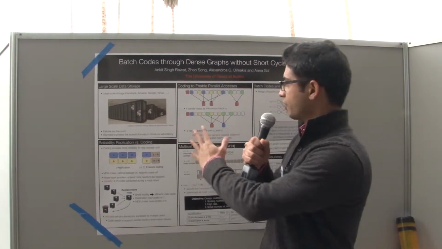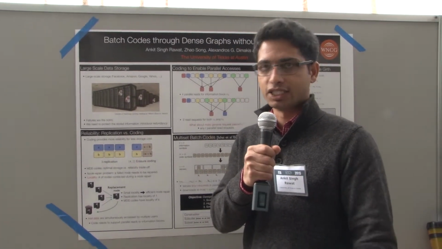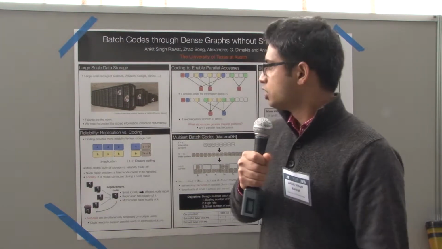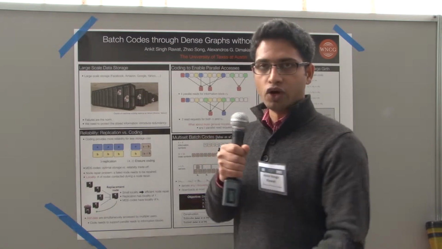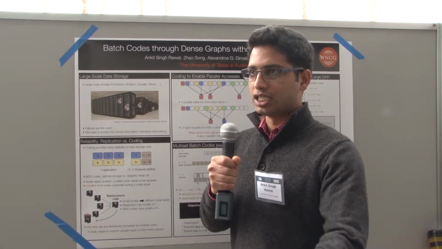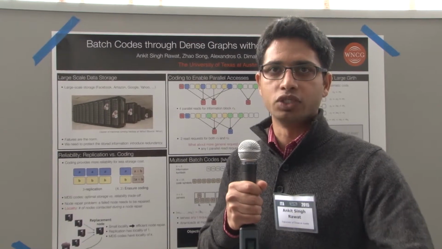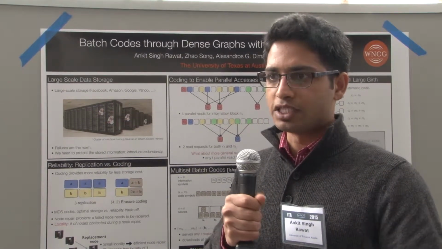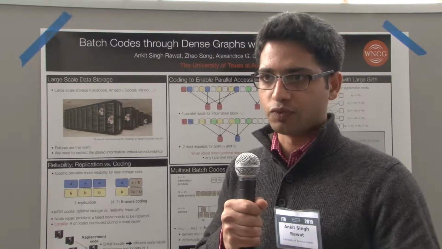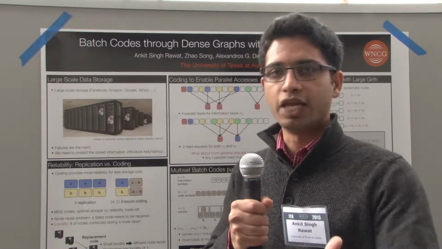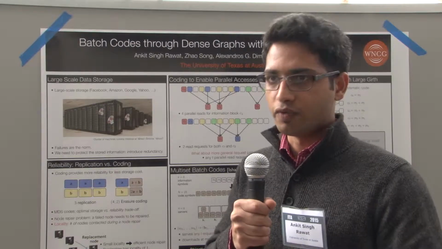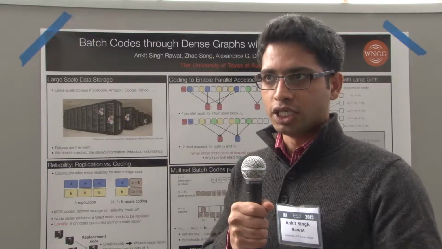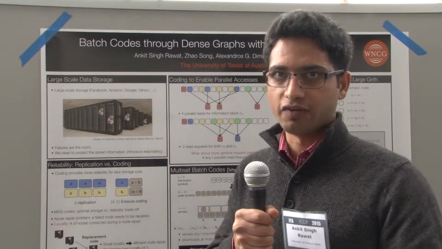So in this work, we design codes for large-scale distributed storage systems, which can support a large number of parallel read requests. So it's clear that when we want to store data on these large-scale distributed storage systems, there can be many users who are interested in downloading information. Like there can be some hot data, for example, a Facebook photo or a Google map, which many users want to access simultaneously. And what we want to do is support these requests in a parallel manner. That means these users should experience low delay when we are serving these requests, right?